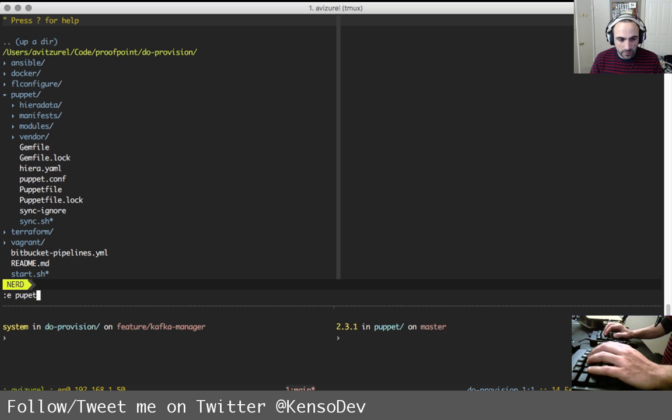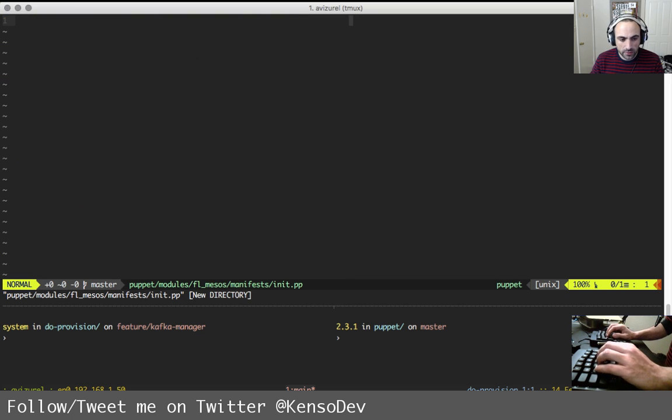So Puppet modules, and let's create mesos and manifests, and let's do init, like so.